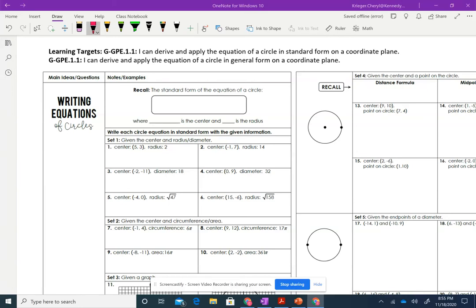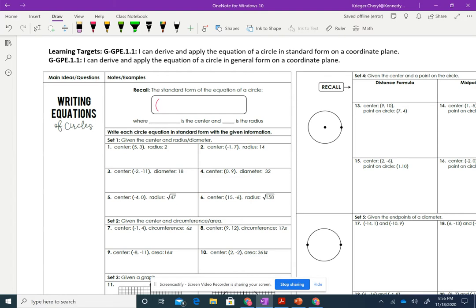Hey everybody! Today we're going to write our own equations of circles. So earlier this afternoon, we learned how to use the equation of a circle, and today we're going to be making our own. So it says, recall the standard form of the equation of a circle, and hopefully you remember it is